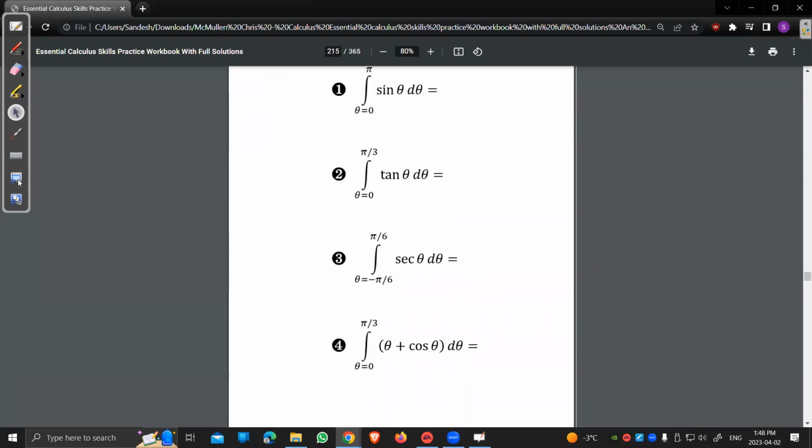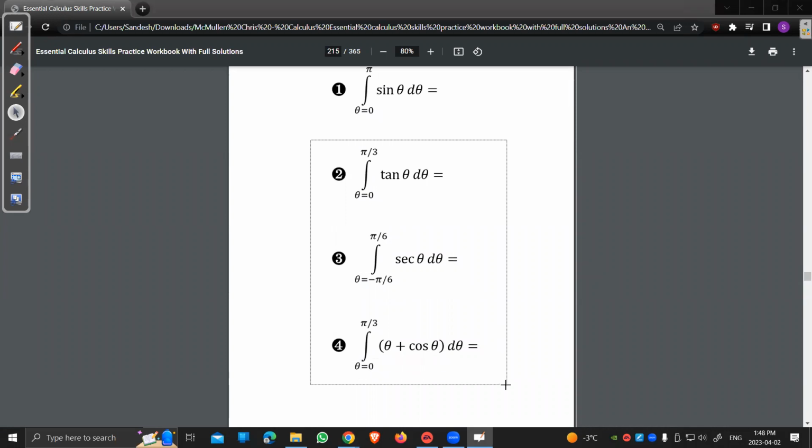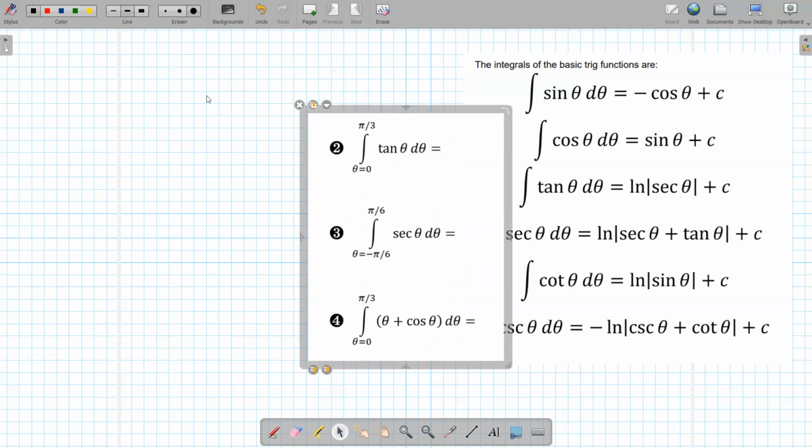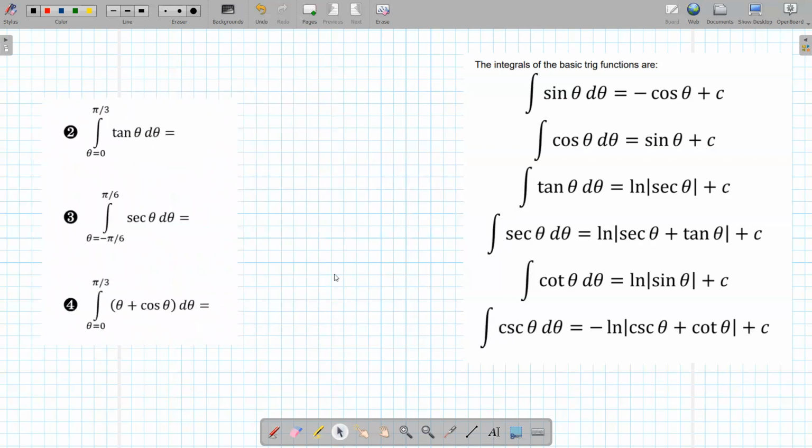Okay, we're not going to do that. We're going to do these guys. All right, what's the integral of tan? If you look at it here, it's going to become ln. This is the absolute value sign, because in ln you can't have a negative number inside it. Ln of sec theta, and you don't have to worry about the plus c because these are definite integrals,